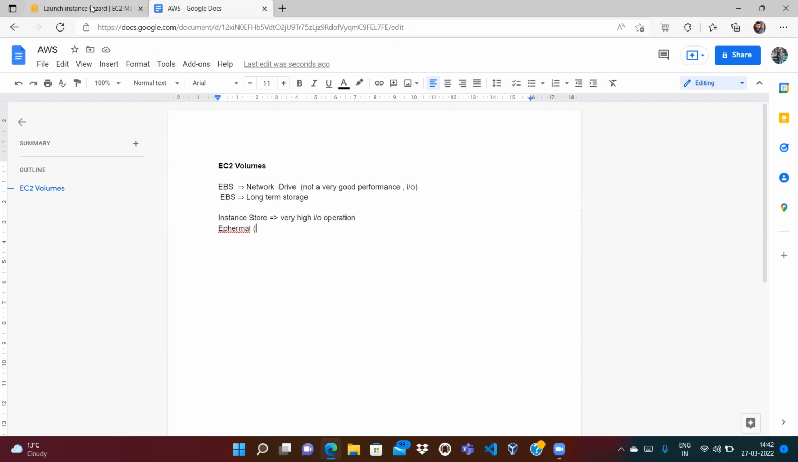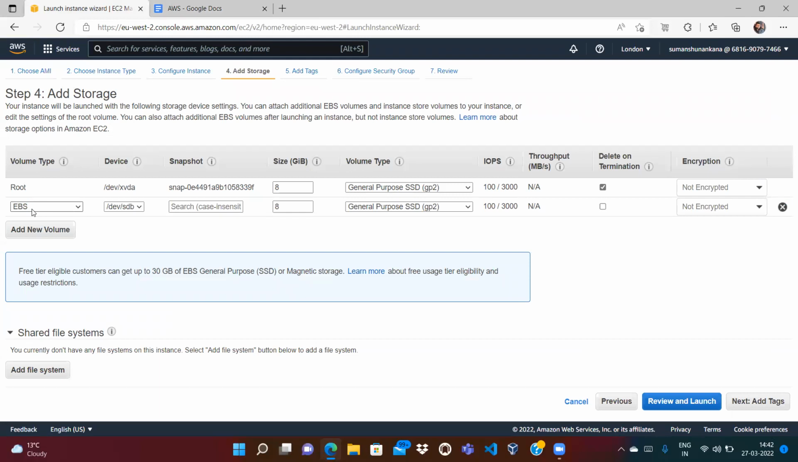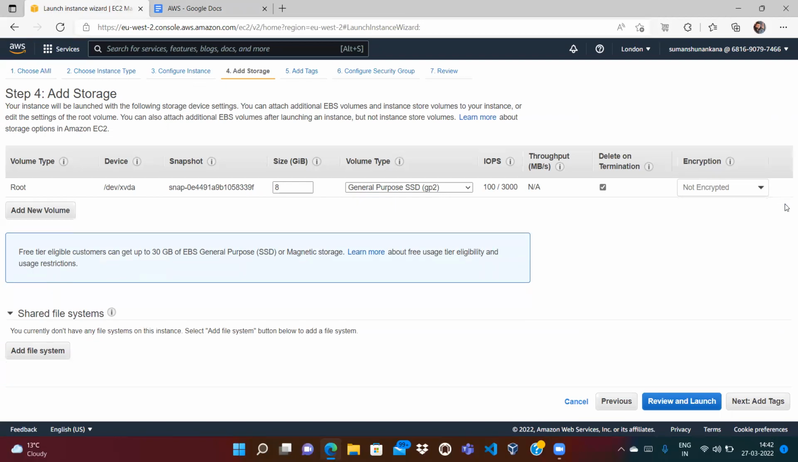But how to, okay, we know how to attach the EBS volume with the EC2 instance, but how to attach the instance store? So we will see. Okay, let me remove this. So if I